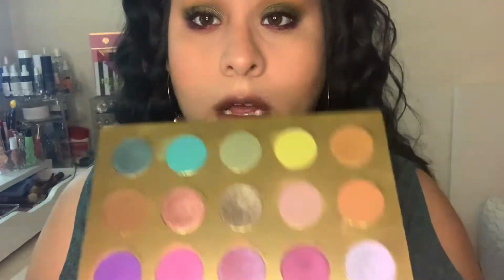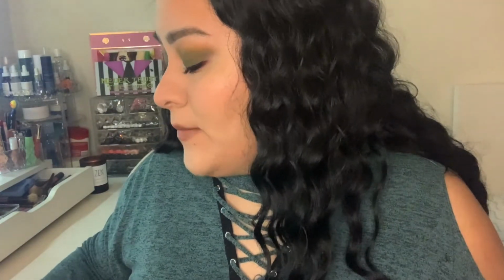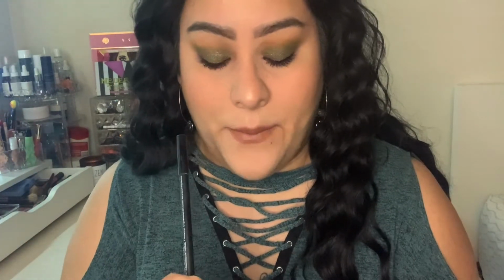So I have the eye look, and my lower lash has that purple with the lighter purple blended out. So I just used, like I said, Piper, and then I blended out with Paige here, which I just love. Like I said, I think it brings out my brown eyes. And then for lips, I used my NYX Jumbo Liner in Black Bean on my lower and upper rim of my waterline, and then I grabbed my lip liner in Sweetheart from Morphe and my lip in Pinkies Up from